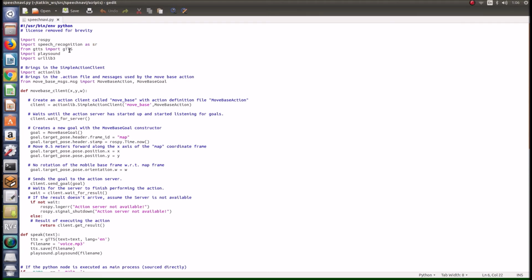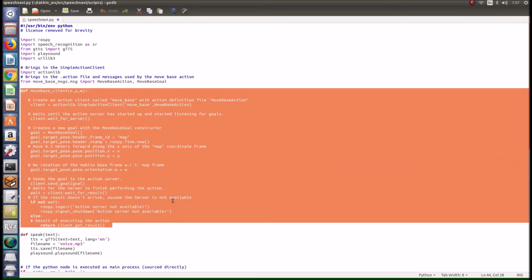So for this task, we need to import the speech recognizer and import gTTS, which means Google Text to Speech, and we need to import playsound to play the sound from the robot's text and speak to the user.